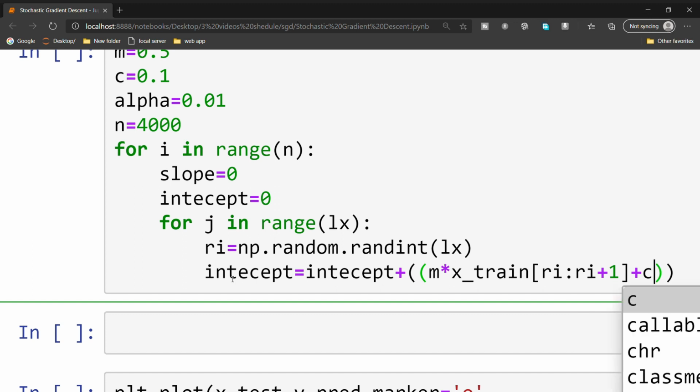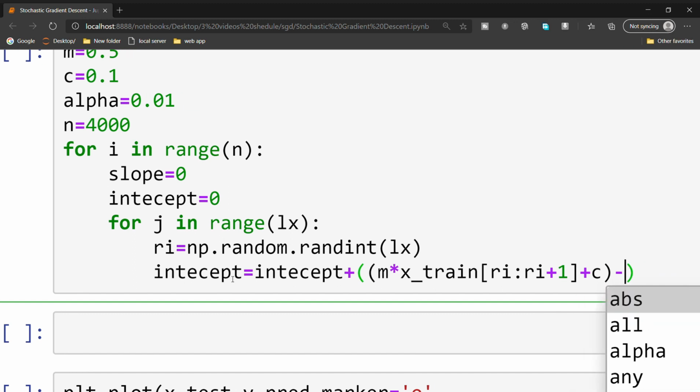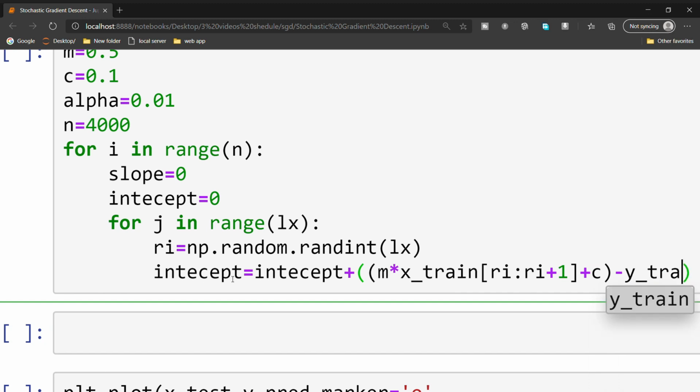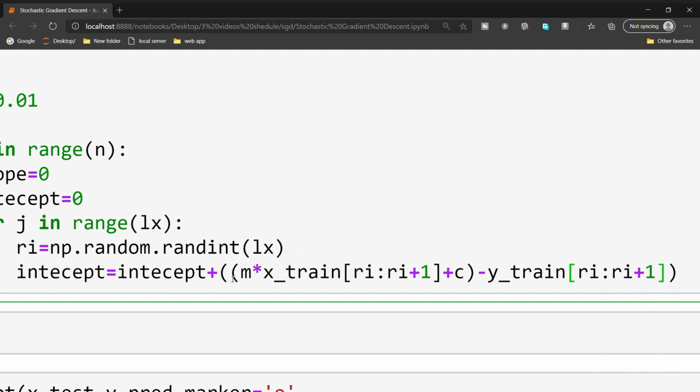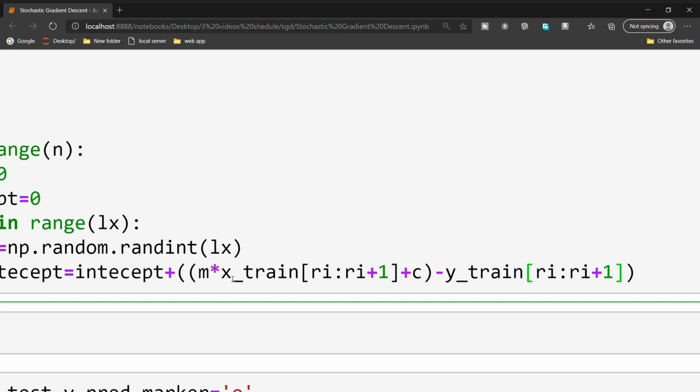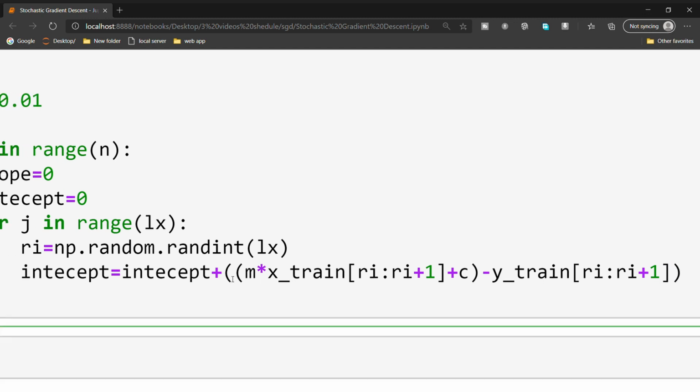Finally we have to add c, and next we need to subtract the original y, that means y train of ri to ri plus 1. So we are taking only one instance from the training data set. Next the intercept is completed.